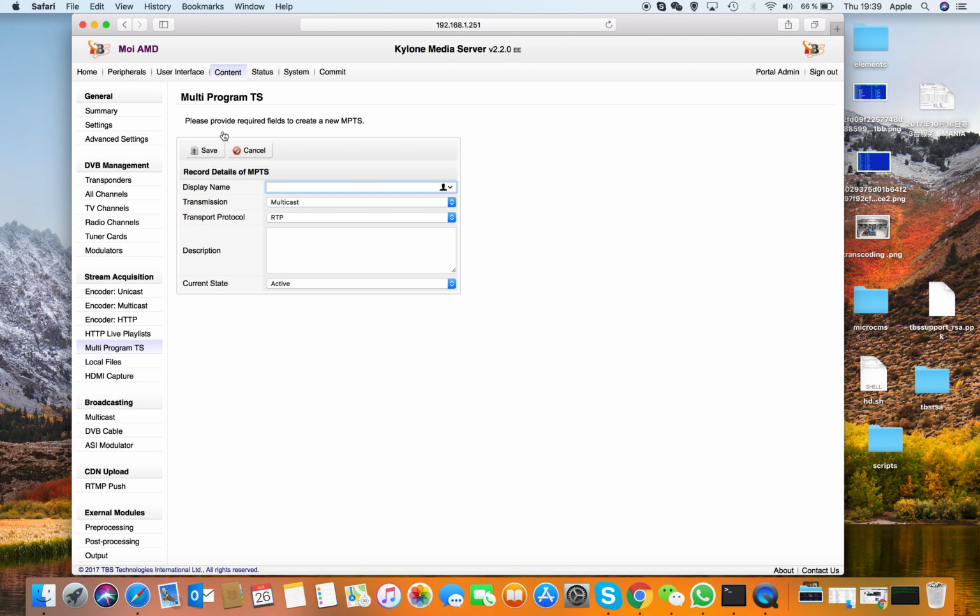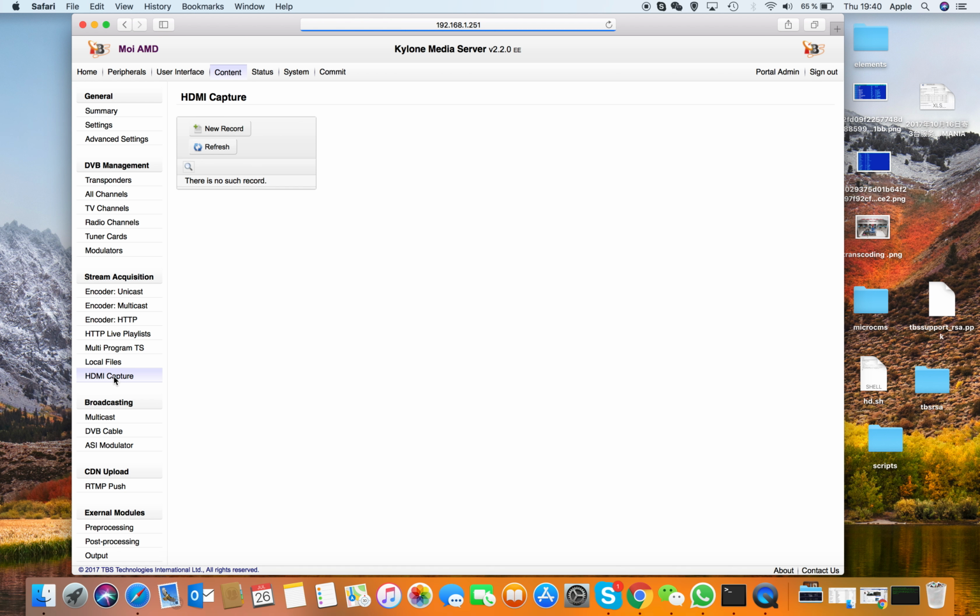So for multi-TS, we can give a display name, we can create a record, transmission multicast, transport protocol, either raw or RTP protocol, description, some current state, and a few more other things. This part, the multi-program TS, and also this HDMI capture part, these are dedicated for